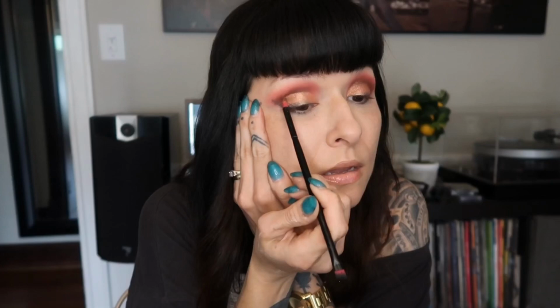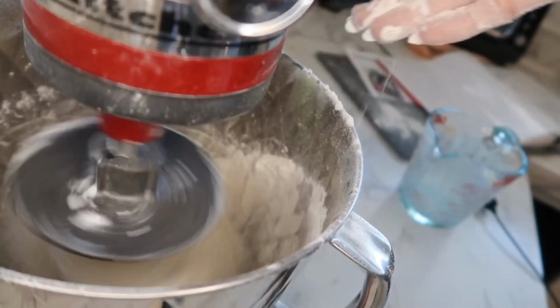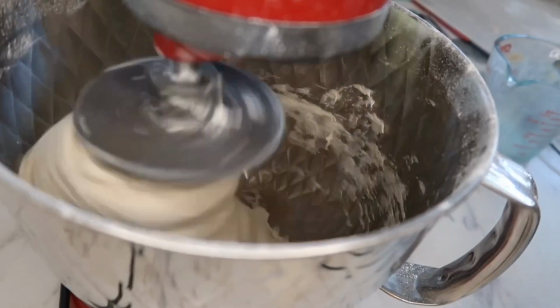Once it starts mixing a little bit, I add in the olive oil. Now you'll see it start forming into like a clumpy ball. If you feel like it's a little too tacky, then you can always add a little more flour. That's totally fine till you feel like it's the right consistency. You can use your hands, obviously, if you don't have a mixer, and knead it. Once it's completely mixed together,